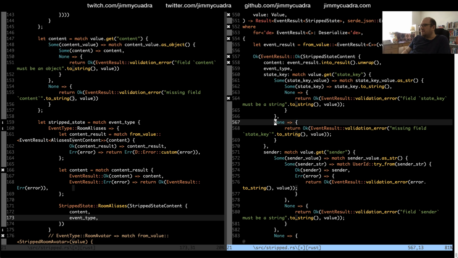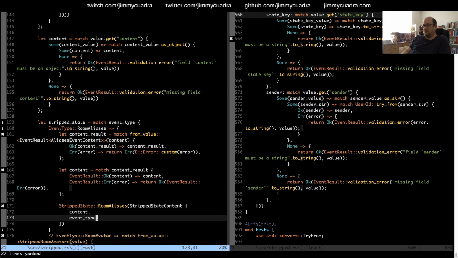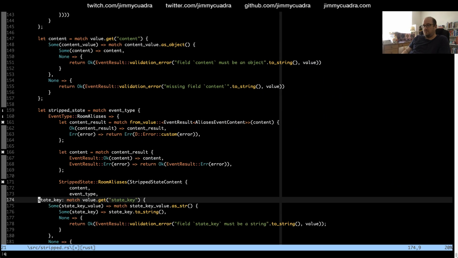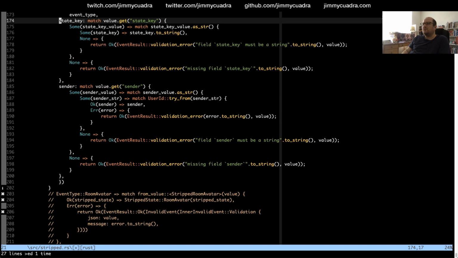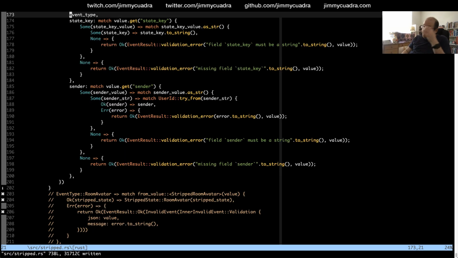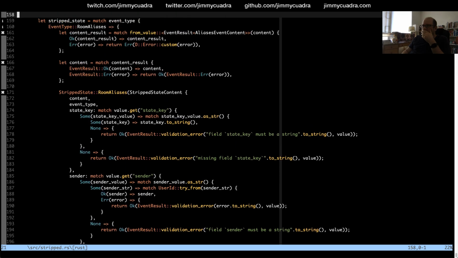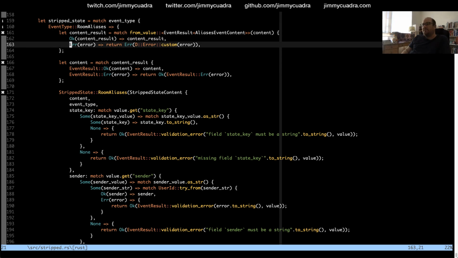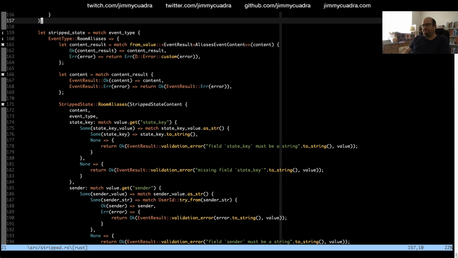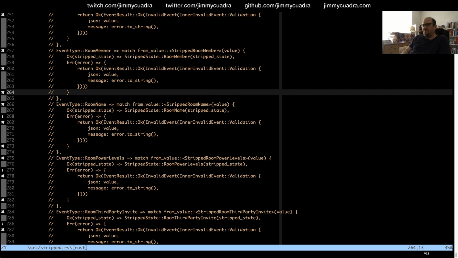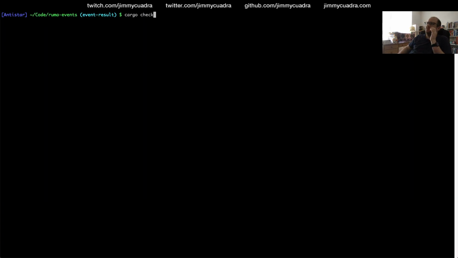Yeah, so all of this can pretty much get copied. Right? So stripped state in this case will be the actual stripped state. So down here, we wrap it in an event result. Okay, that looks right. Let's give that a try.